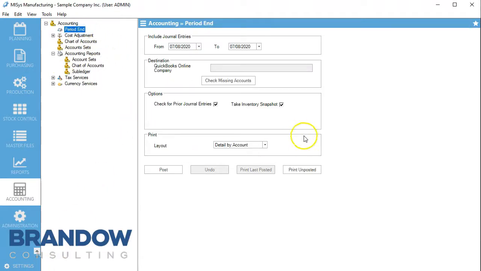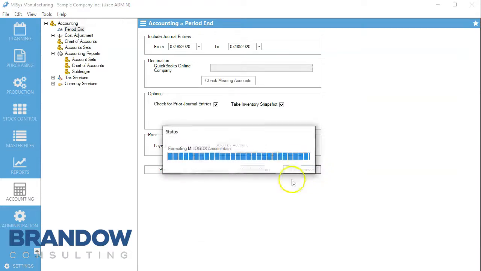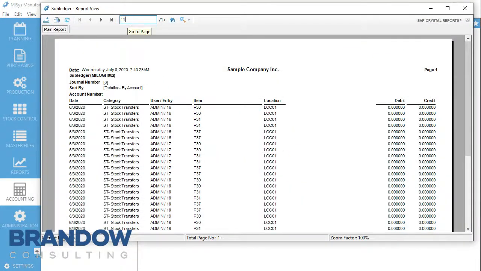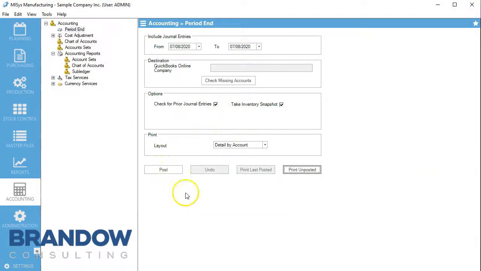Alright, so then how we post it is we come up here to period end, hit post, and it'll show up. Now this right here, this is also the report that we just ran, the print unposted. So here it is again. And then how we send it over to the accounting software is we click post, and it posts it to the accounting software, and then from there we can create our bill